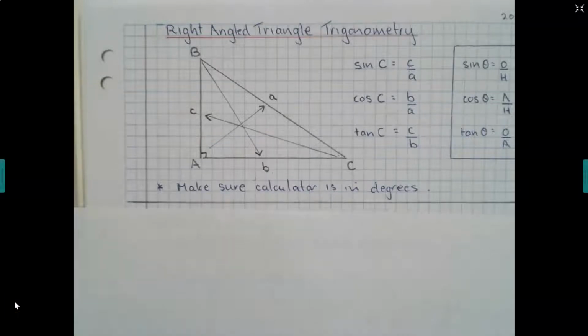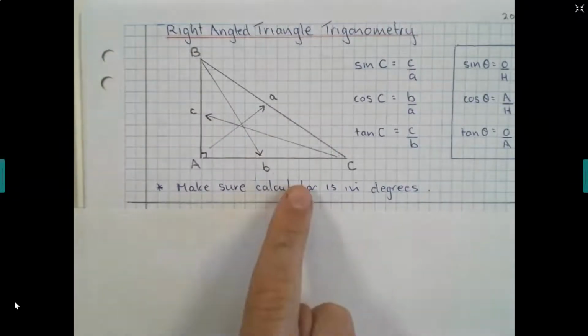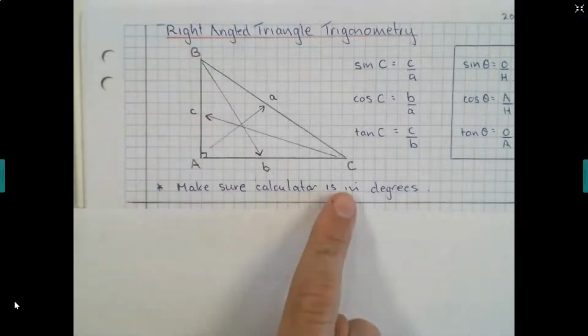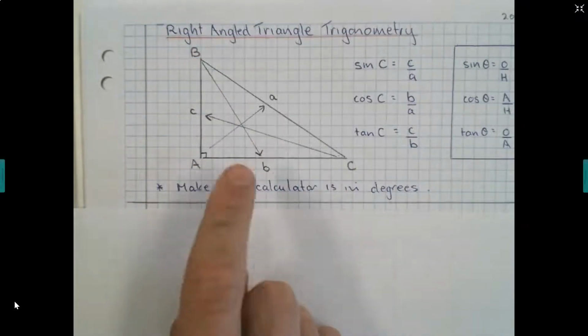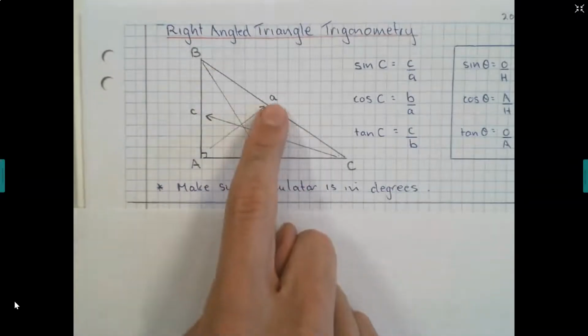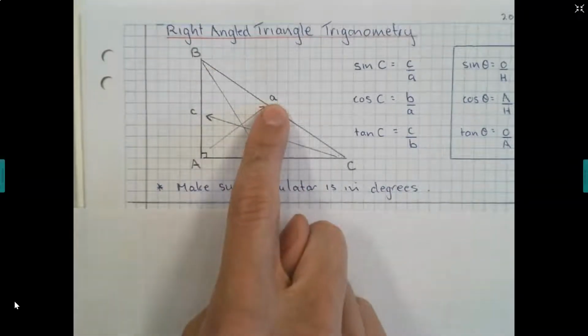Right-angled triangle trigonometry. This is familiar to us from previous years. We know that if we have a right-angled triangle, we can use some trigonometry to find unknown side lengths and unknown angles. So just a reminder, here we have a triangle and we've labelled it with conventions angle A, B and C. And we know that if this is angle A, this side length opposite it can be labelled as